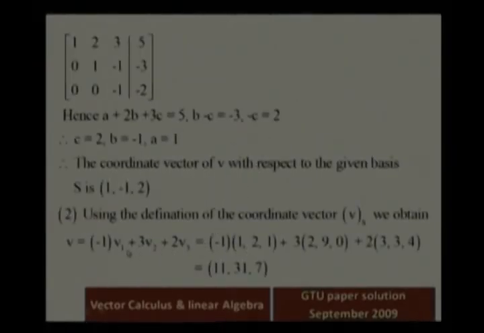So you can see -1 v1 plus 3 v2 plus 2 v3 is equal to -1 into (1, 2, 1) plus 3 into (2, 9, 0) plus 2 into (3, 3, 4), and solving this equation we get (11, 31, 7). So here they complete the solution of this question. Next question,